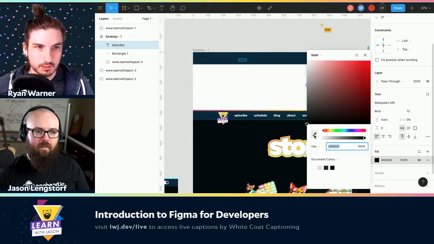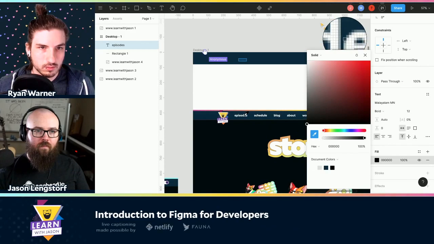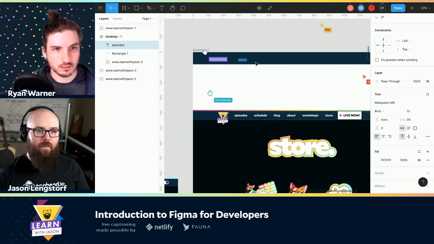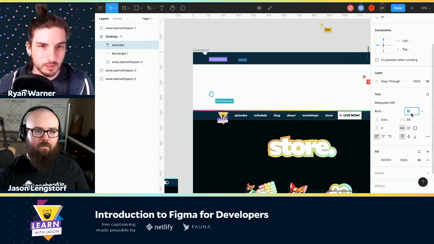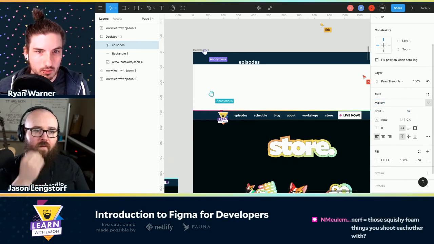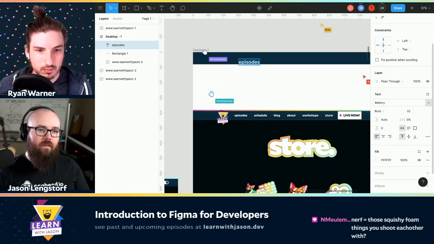Now I'm going to select a color. It is pure white. You are correct. Okay. And then I can make this a little bit bigger. That is definitely not the font that I chose. Okay. There we go.